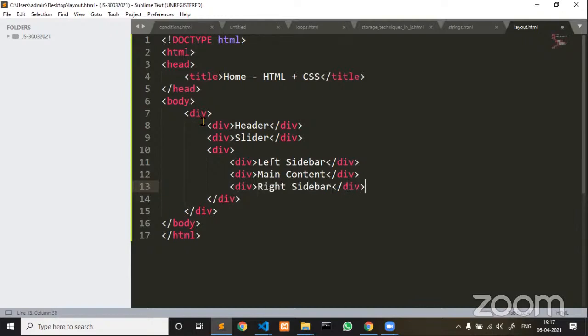First, you guys have to freeze HTML. Then you have to go for CSS. However,